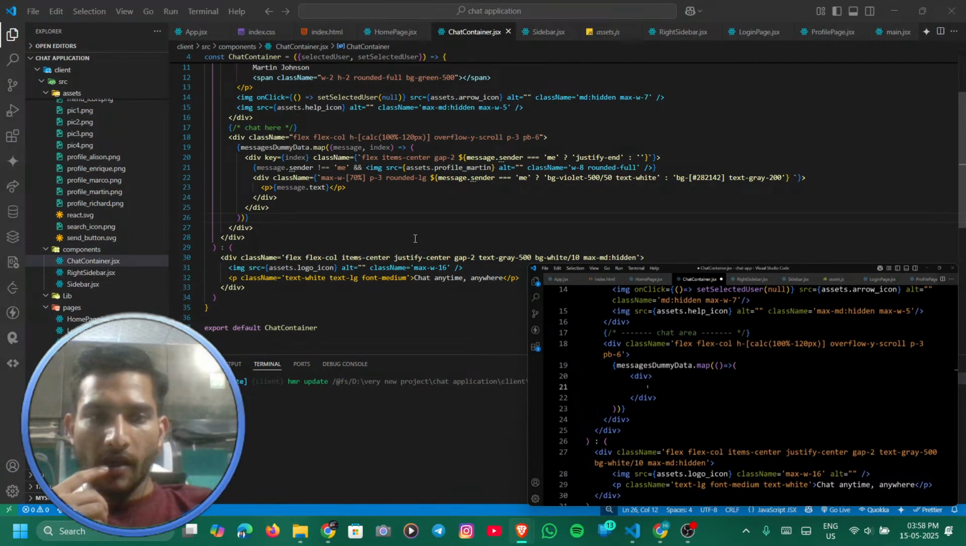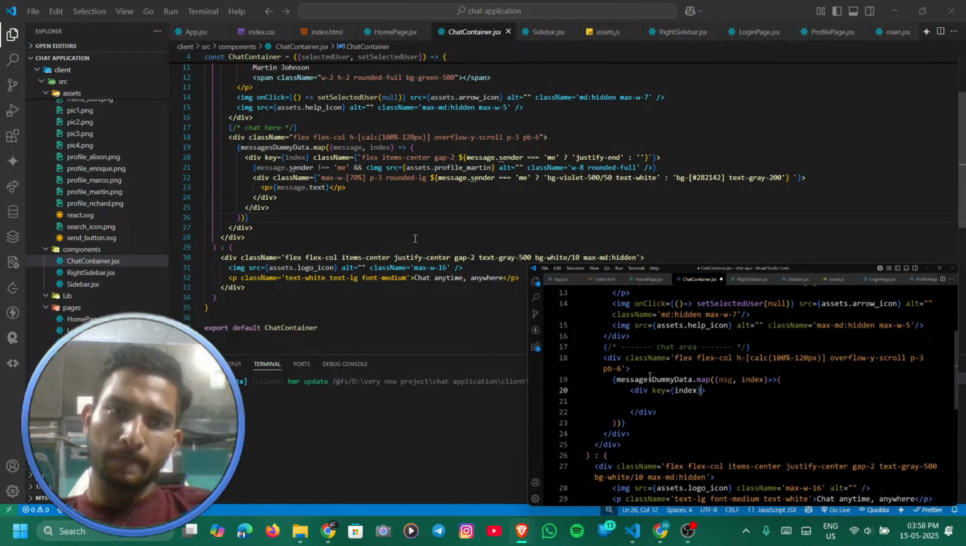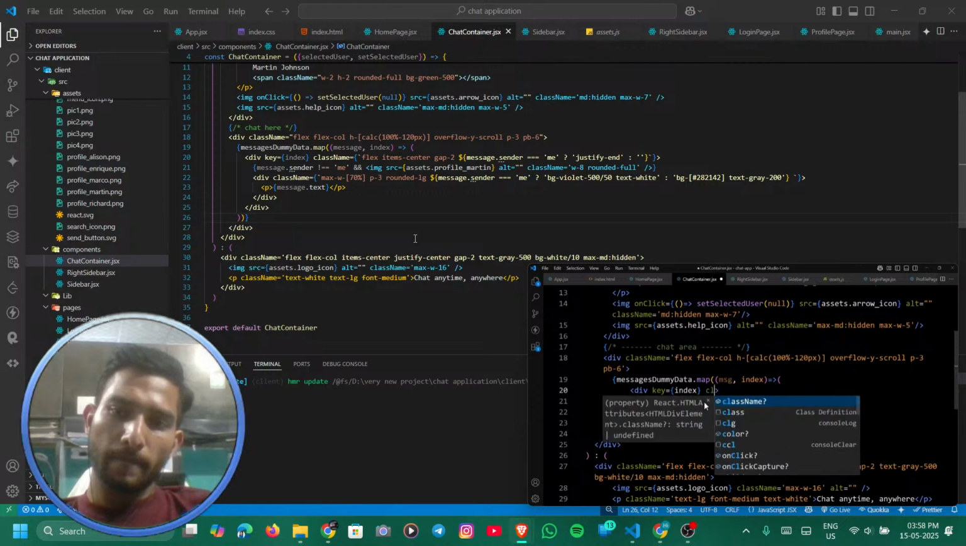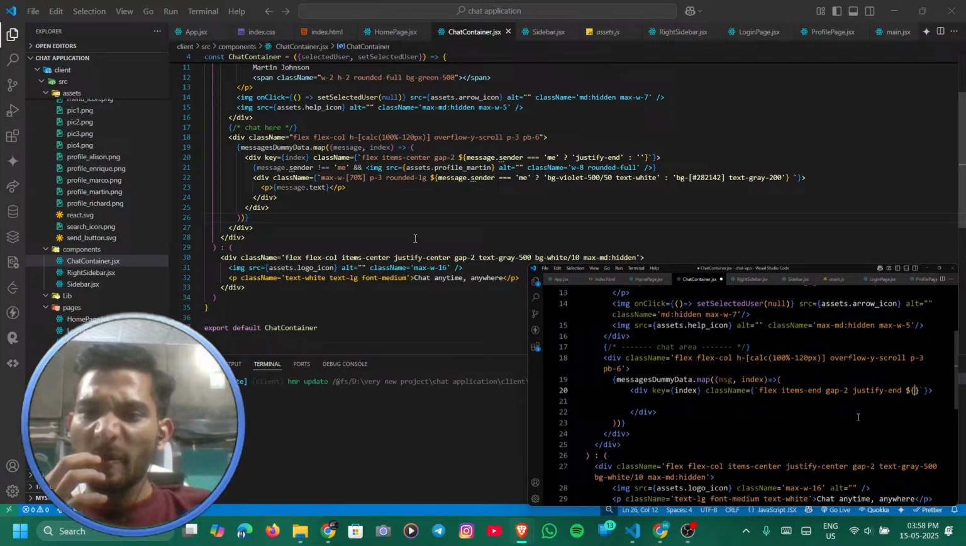Right now in this function parameter we will get the individual message and index number. So we have this parameter. After that, here in this div we have to add the key property where we will add index like this. After that, in this div let's add the class name. So here we'll add the class name, and let's add curly braces and backticks. Now in this one we will add these Tailwind classes, and after that we will add $ sign curly braces, and in this one we'll add the message